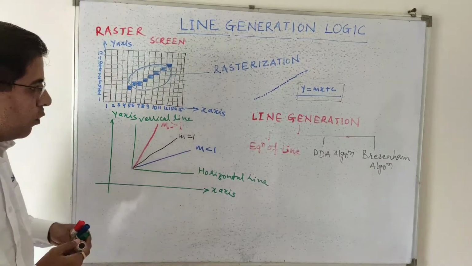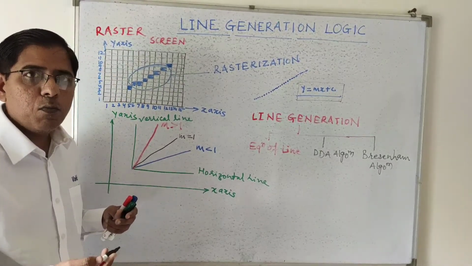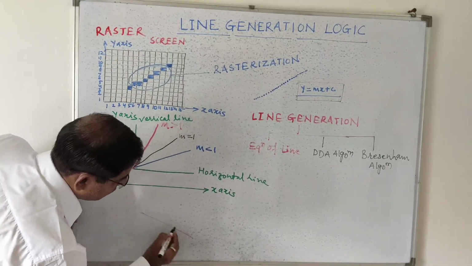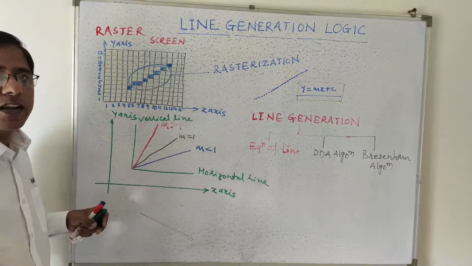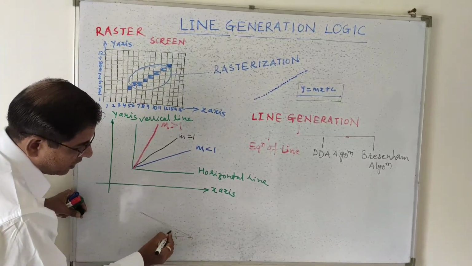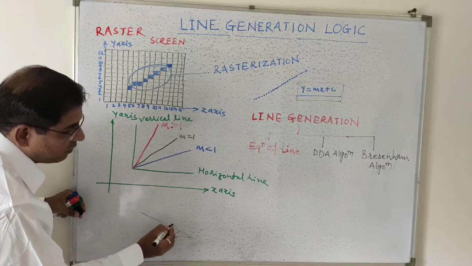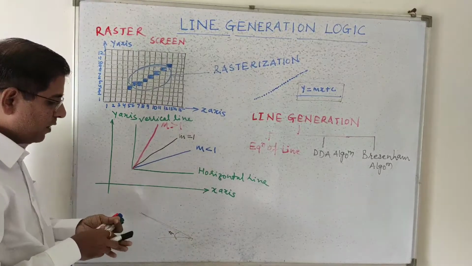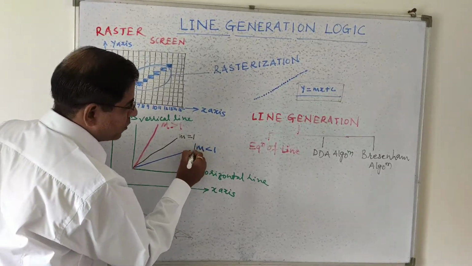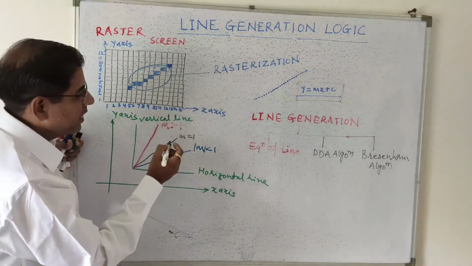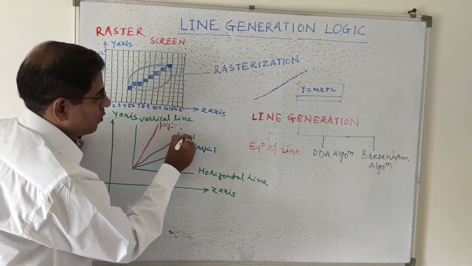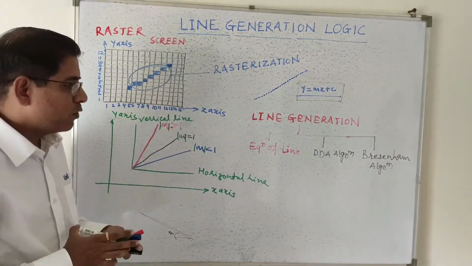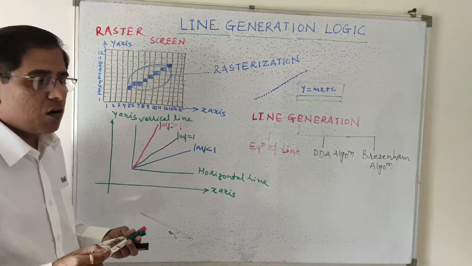Now the slope can be a positive slope or a negative slope. If I draw a line like this, this has a negative slope. And if the inclination is less than 45 degrees, it will have a negative slope with value less than 1. So what I will do, I will take the mod, so that will cover the positive slope as well as the negative slope. Okay. So these are the lines that you come across while drawing a line.